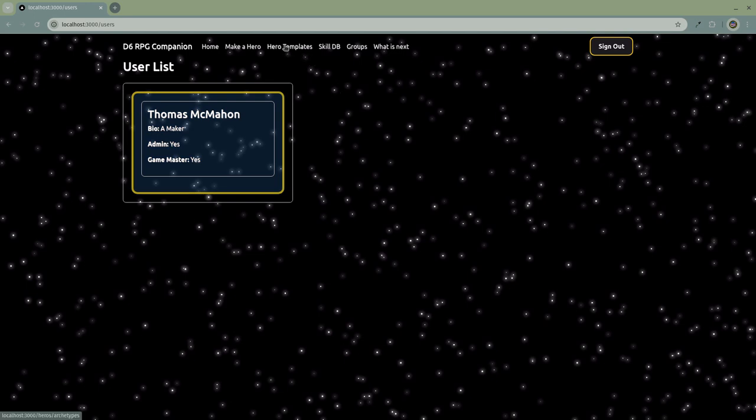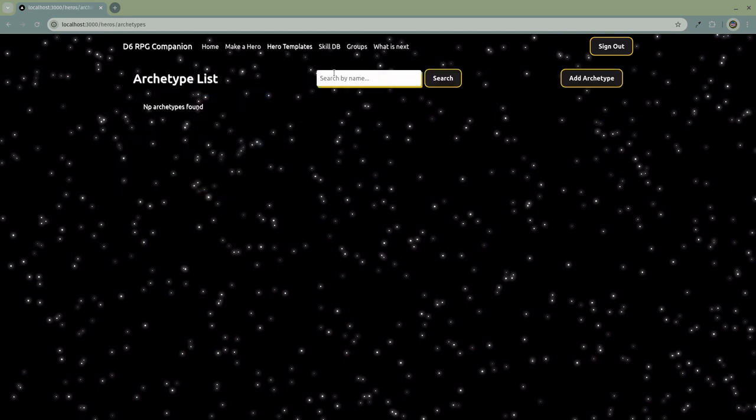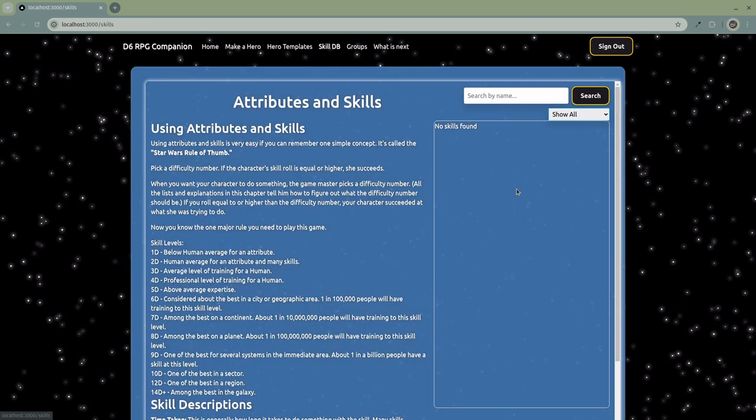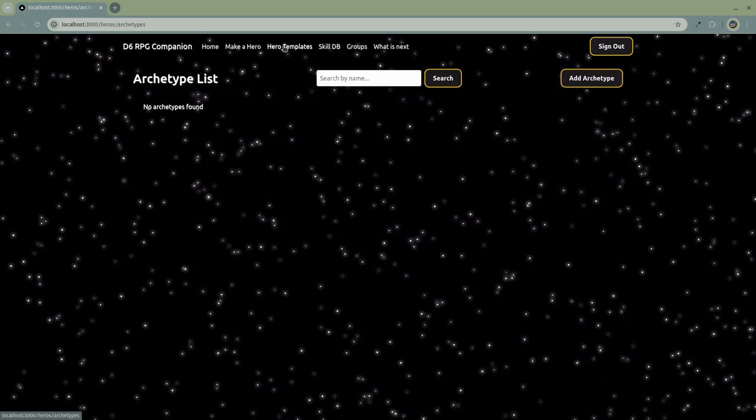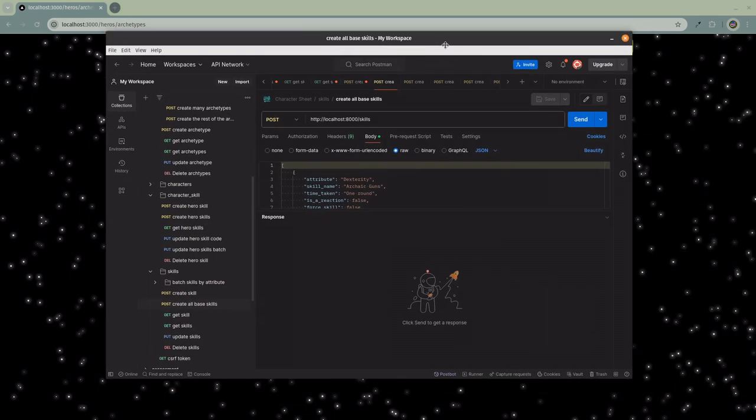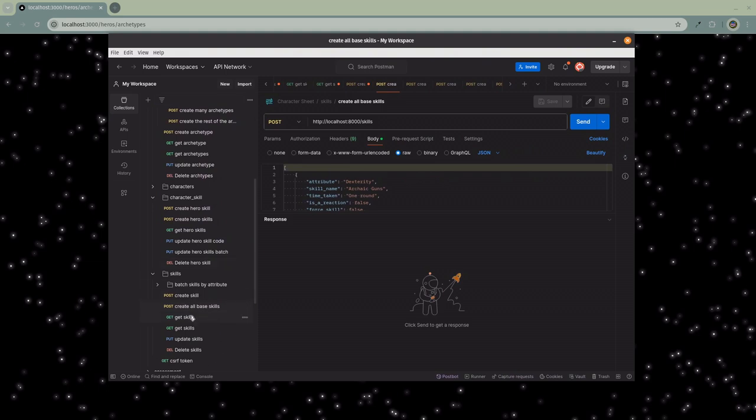So I had mentioned that this is a database. So no skills found, and archetypes are character classes like mage, fighter, etc. in Dungeons and Dragons. So right now we need to load that information in. I had said previously that I had written an API that'll handle batch requests. And this information, the skills,